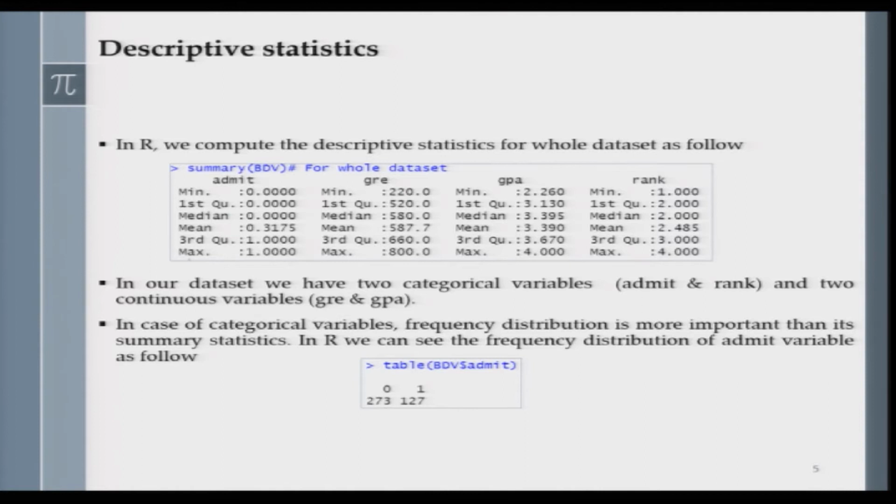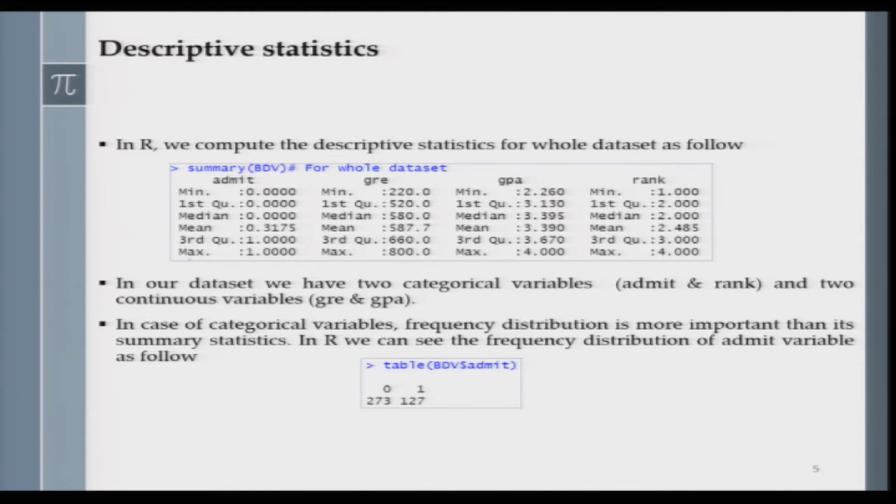Okay. Now if we want to get the exact frequency counts of students who got admission in the graduate school and who did not, you can make use of a command called table for the dummy variable, which I am showing here in the box. You see for the 0 value I have 273 observations, and for the 1 value of the dummy variable or indicator variable I have 127 observations.